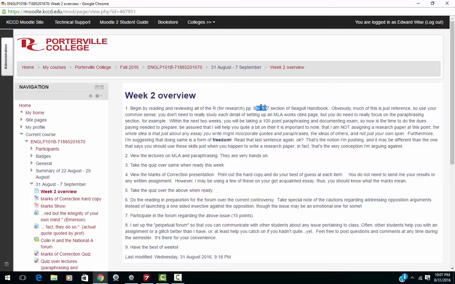So you're looking through these pages, 80 to 157 in the Siegel Handbook. That doesn't mean, as I explained here, that you have to know everything in those pages. And you can read through here. I'm making the point here that you shouldn't probably utilize these skills only when you're writing a research paper. It frees you if you know how to use them for any kind of paper, academic or otherwise.